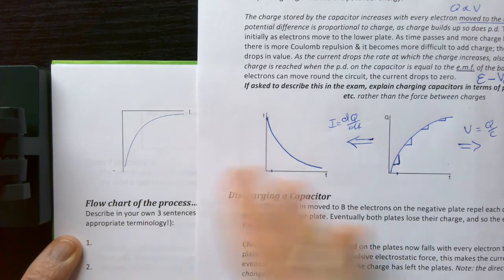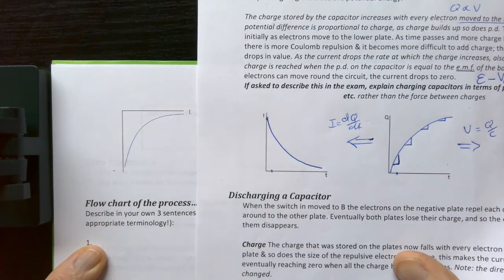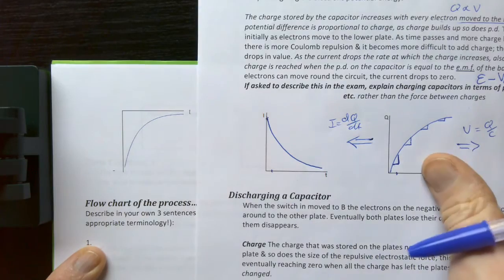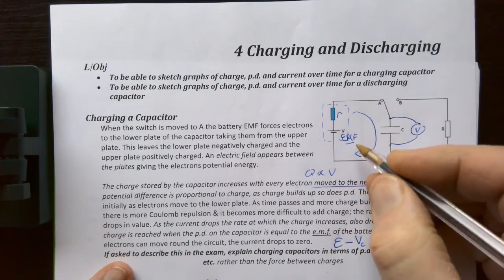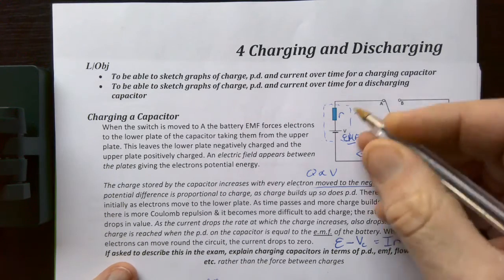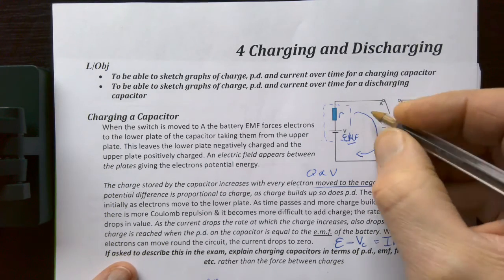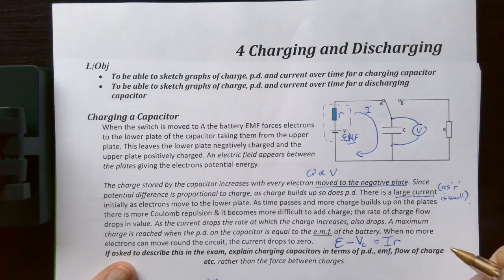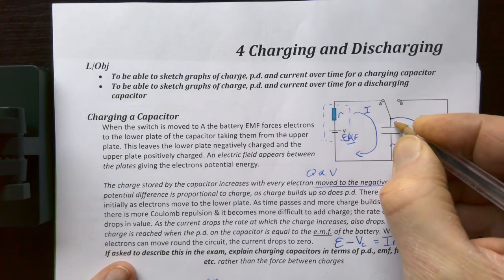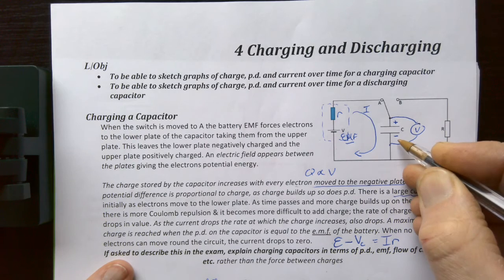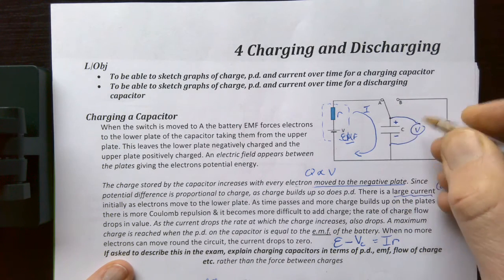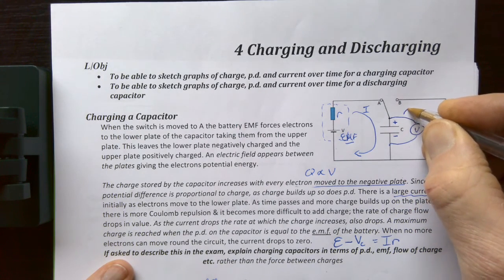Okay, so I'm going to pick up on some terminology and label up these diagrams in a second, but why is it negative? Well, when we were filling up our charge, and again I'm going to go with conventional current, this was your current flowing that way. Okay, so you ended up with a positive charge and a negative charge that way round on your capacitor. When you flick your switch and it's discharging,